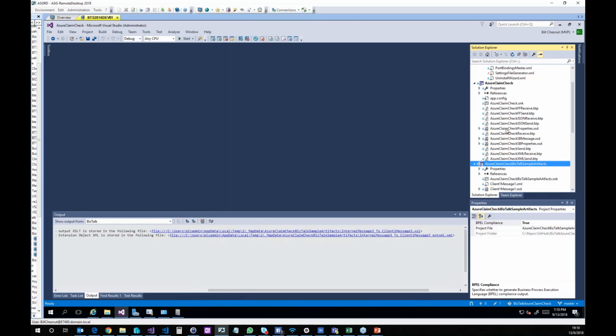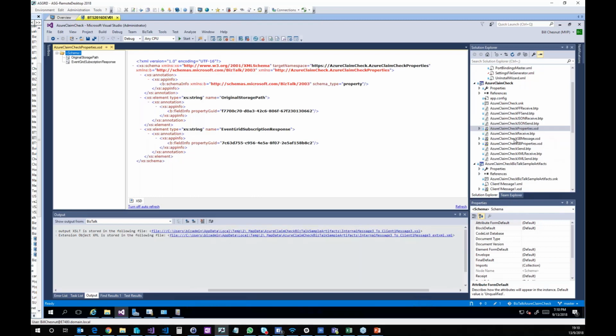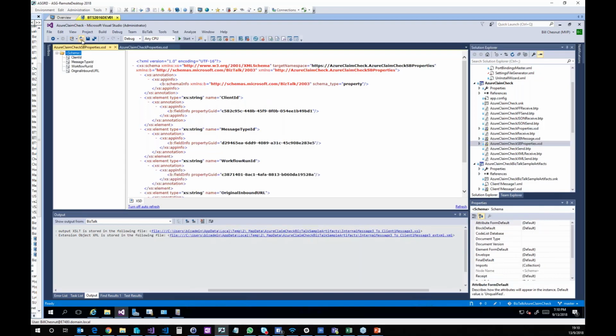One of those is the claim check properties. So basically, or actually no, it's the service bus message properties. So I've got client ID, message type ID, and I pass a couple of other things down from the Logic app in that. I also have some sample pipeline components. So basically you can see here that I have a,